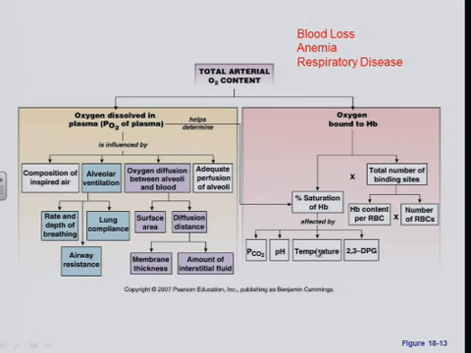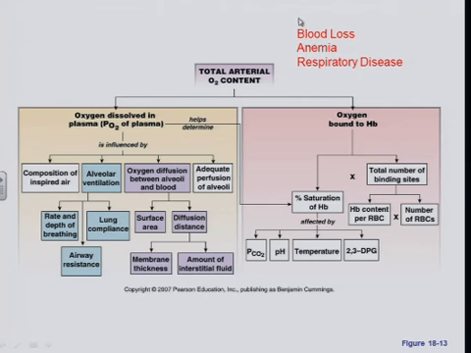CO2, pH, temperature, 2,3-DPG, as well as the total number of binding sites on the hemoglobin, which can be affected by hemoglobin content per cell or the number of red blood cells that have hemoglobin in them. And we talked about blood doping using erythropoietin or packed red blood cells, putting them back into your circulation so you can increase the carrying capacity, increasing the amount of hemoglobin. And these are some different things that can cause changes and alterations in total oxygen content.